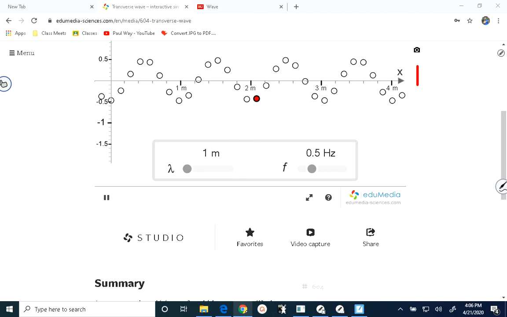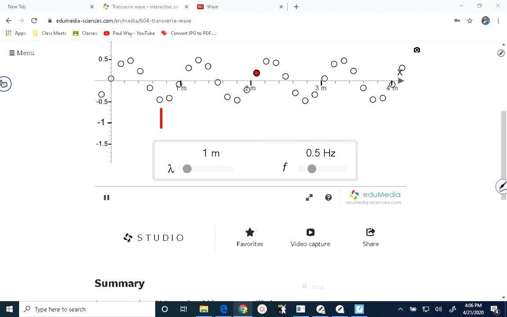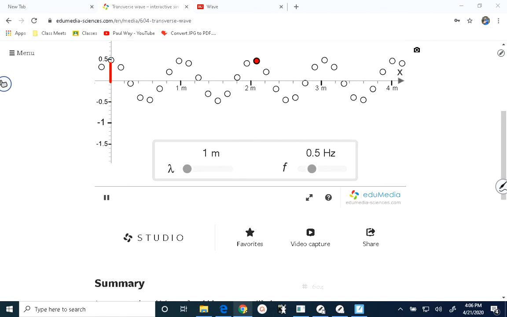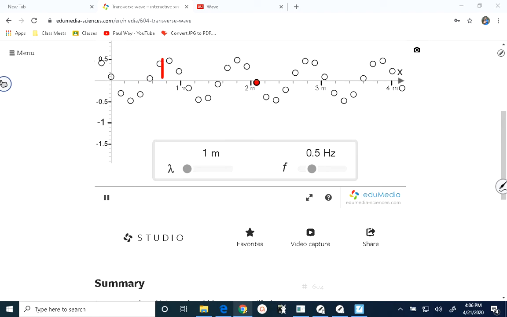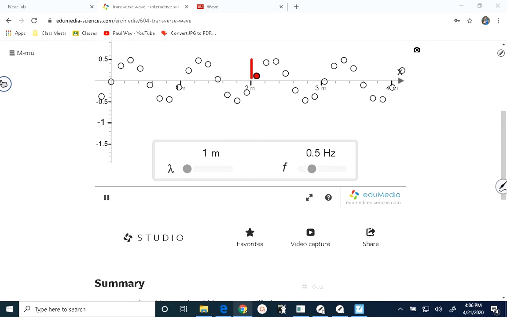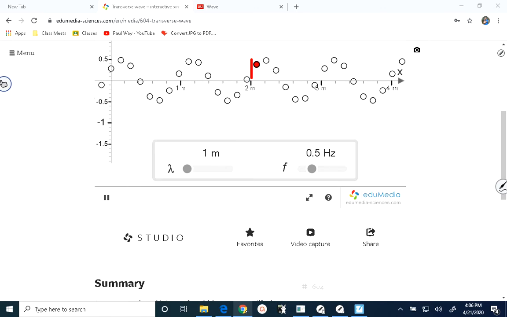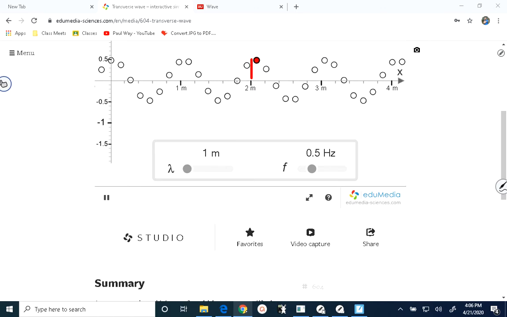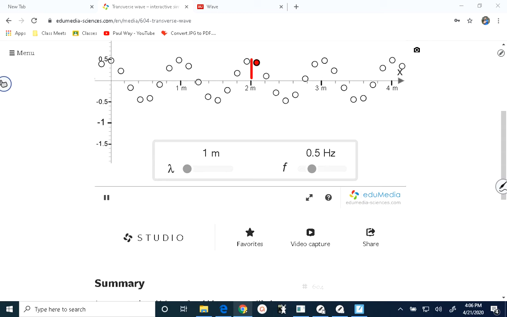So if you kind of squint your eyes and you focus on a peak that starts over here, you can see that the peak is moving left to right. You have energy traveling left to right. But what's really happening is the substance itself is vibrating up and down. And I have a better visual here for that,